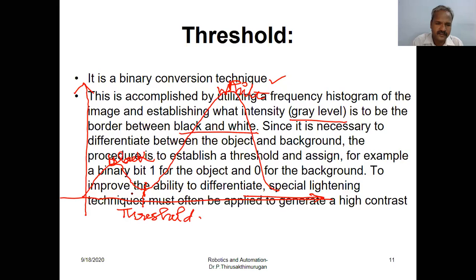So this position in the frequency spectrum is called the threshold value. That is to be assigned to the image pixels of the frame grabber. So this is the first thing we have to do: assign the threshold values of the images.